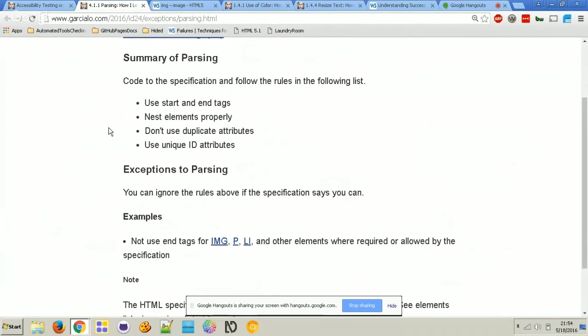But the way I communicate the importance of it is I say, look at it this way. Kind of like what I explained when I was summarizing it, if you follow the spec, that creates specific constructs that you're going to be following when you create something. So if you have a list, the expectation is that you're going to have the UL, and then it's only going to have list items inside of it.